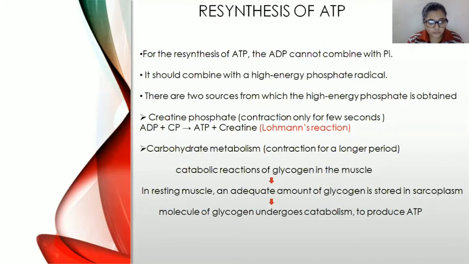This creatine phosphate is always present inside the muscle in this complex form. So what happens when there is a free ADP molecule present inside the muscle is that creatine phosphate releases phosphate and creatine, which separate from each other, and that ADP combines with that phosphate molecule and forms ATP.